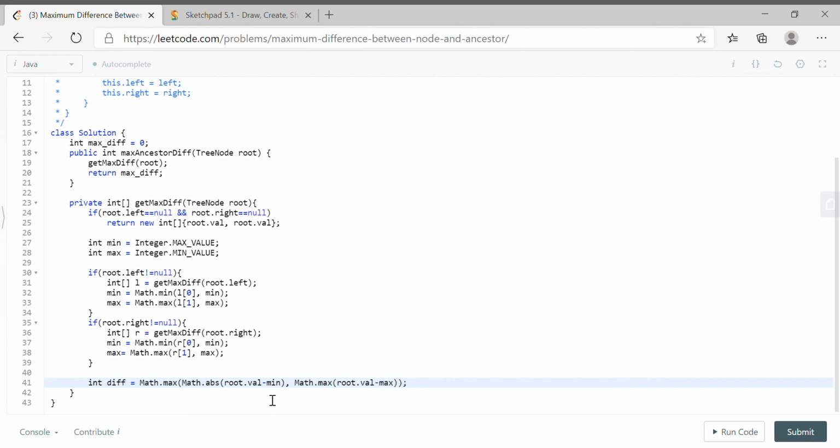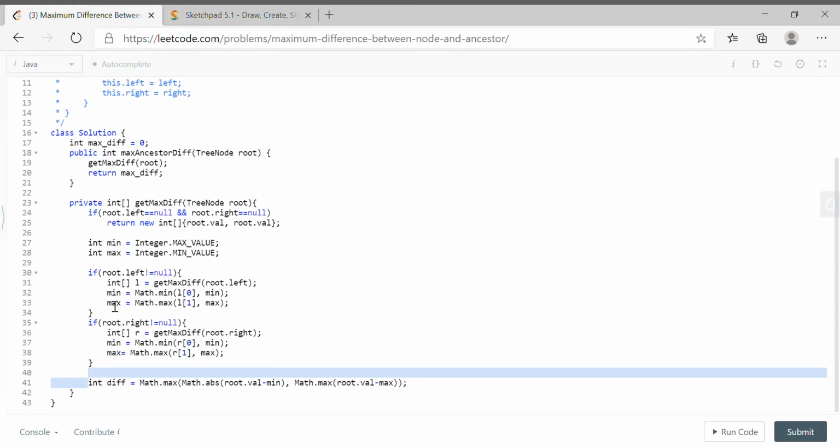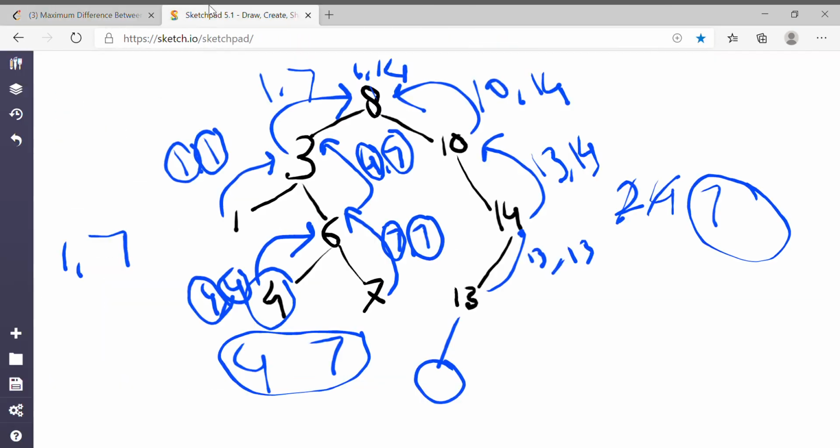Whatever min and max we got from the right side and left side, out of these we again find the max and the min, and then we subtract them from the root value so that we get the absolute, that is the maximum difference.